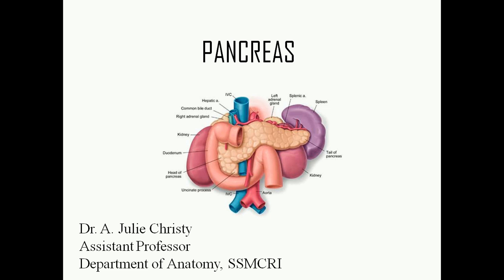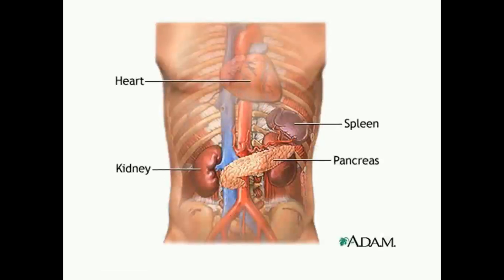The pancreas plays a very important role in the secretion of certain digestive juices like the pancreatic enzymes, mainly insulin and glucagon. These enzymes play a very critical role in the digestion of carbohydrates, and they also have a role in the digestion of fat. So the pancreatic enzymes are responsible for the digestion of fat as well as carbohydrates.